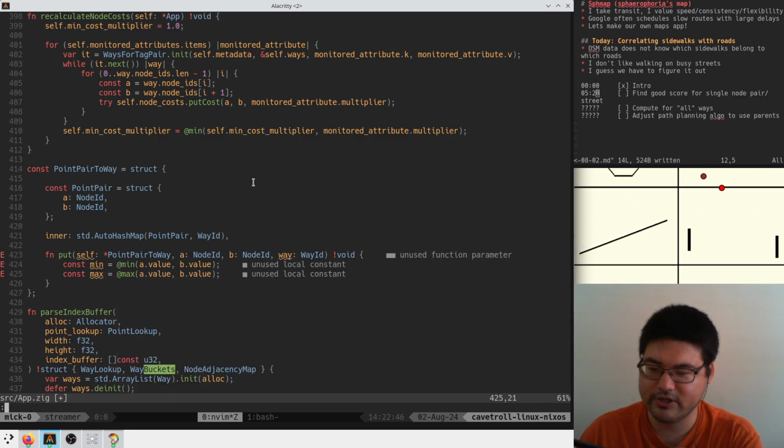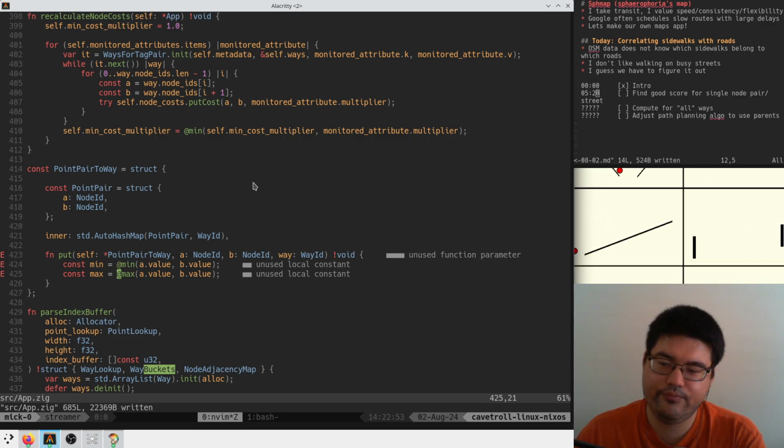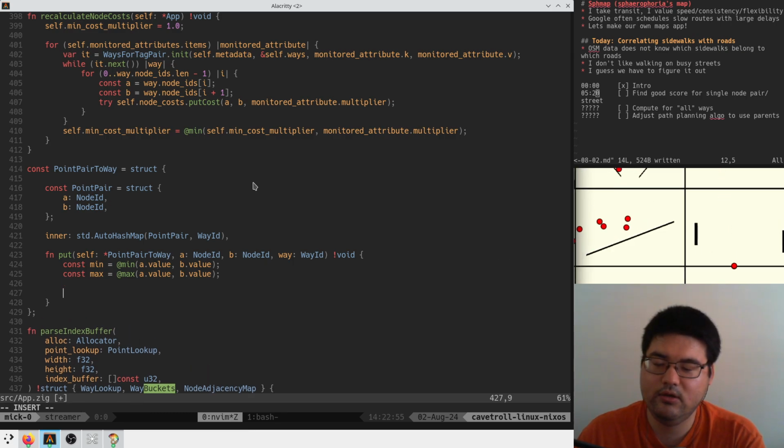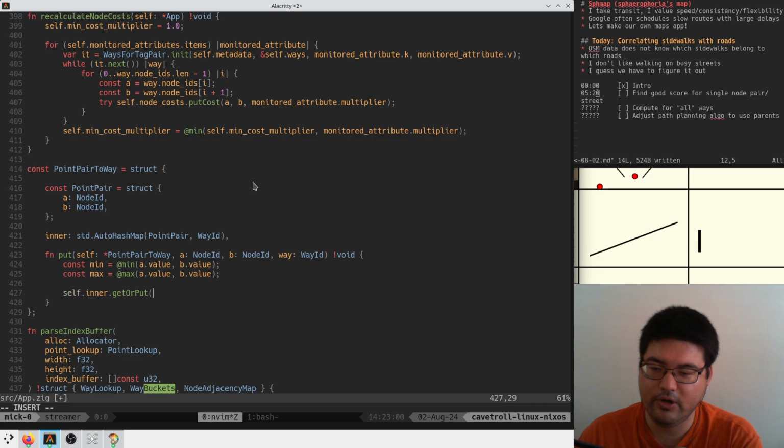So we make sure that they're sorted so that we only store this one time. And then we say self inner get or put. We put in the key, which is going to be